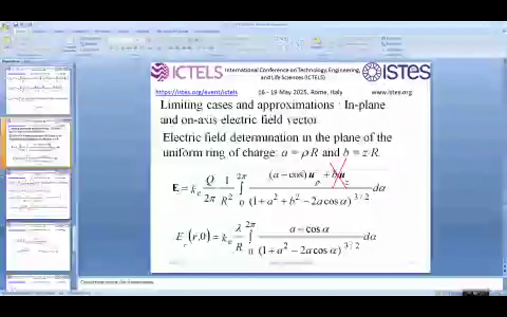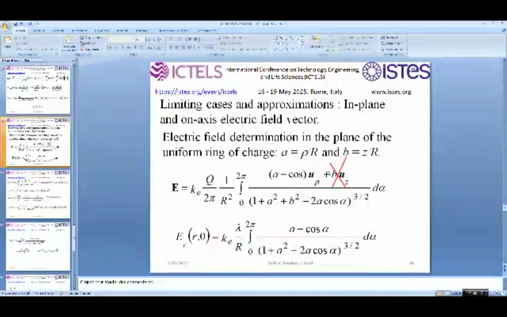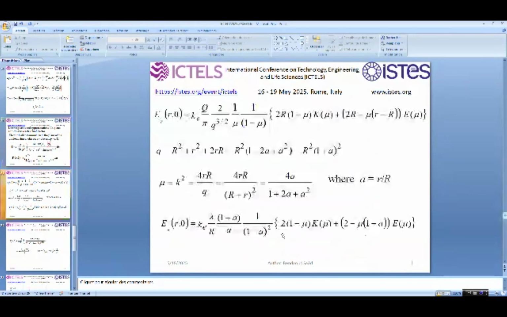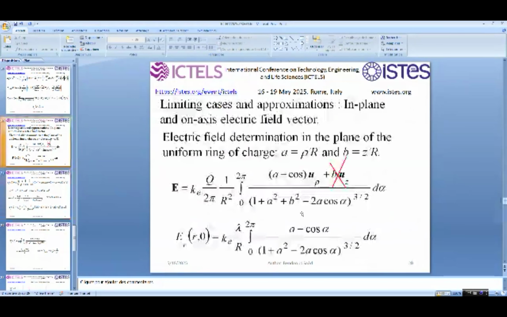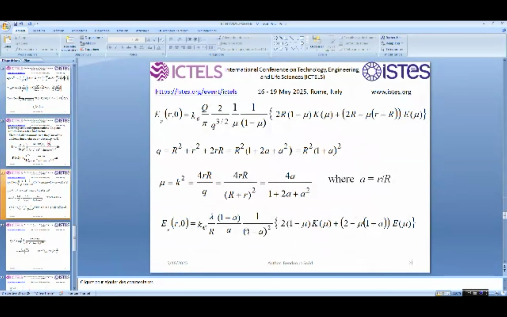And some limiting cases and approximations: in plane and on axis electric field vector determination, the electric field determination in the plane of the uniform ring of charge. We have this component equal to 0, and we have this form, this function, and we make some calculation in this expression, and we found finally that